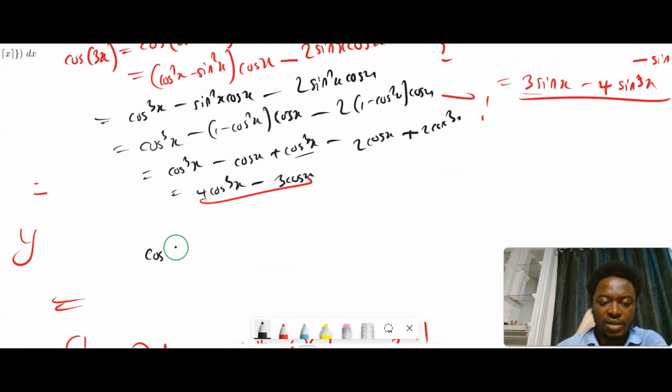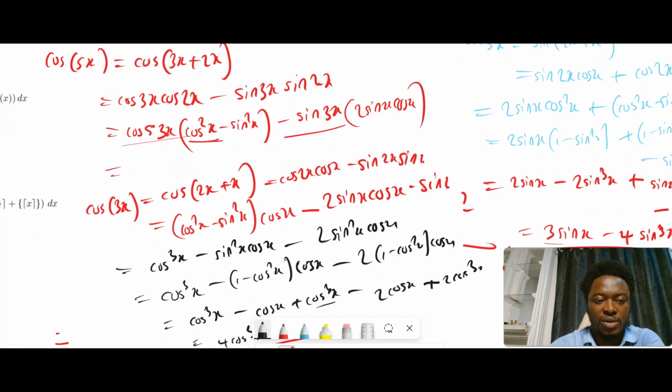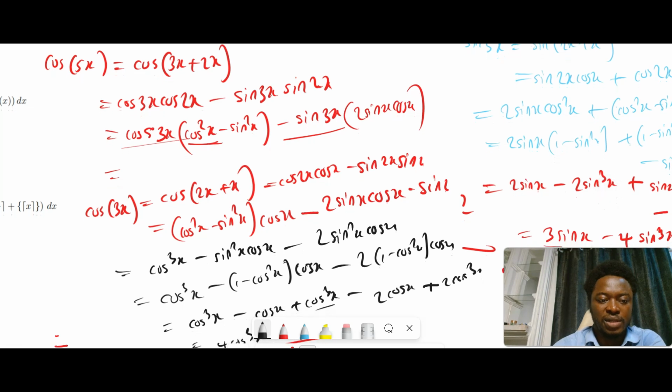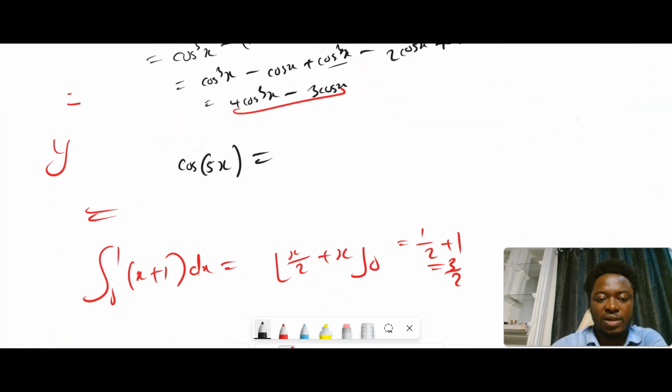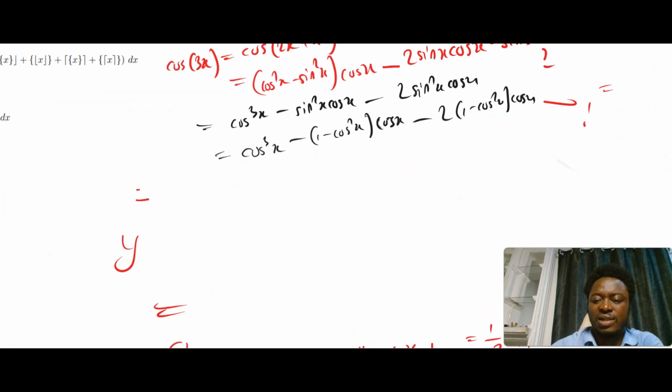So we have cosine of 5x equal to cosine of 3x times cosine squared x minus sine squared x. Okay, we have cosine of 3x times, instead of this, I'll just write 2 cosine squared x minus 1. I think I have a cosine to the fifth in the original question. Okay, yes, so just write it as this. Then